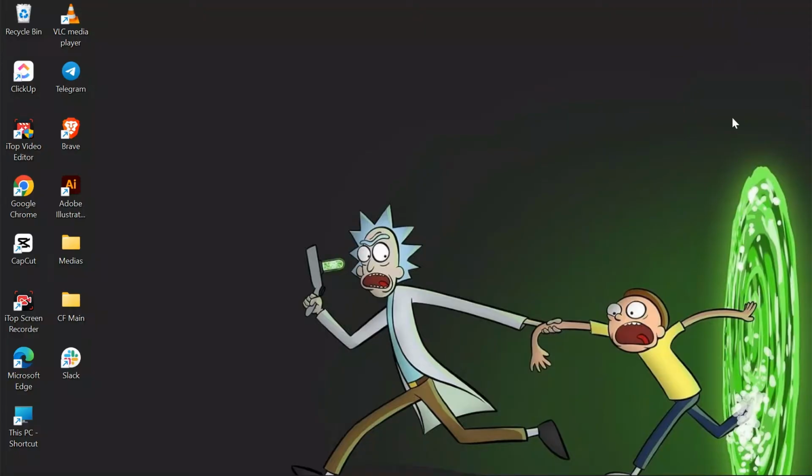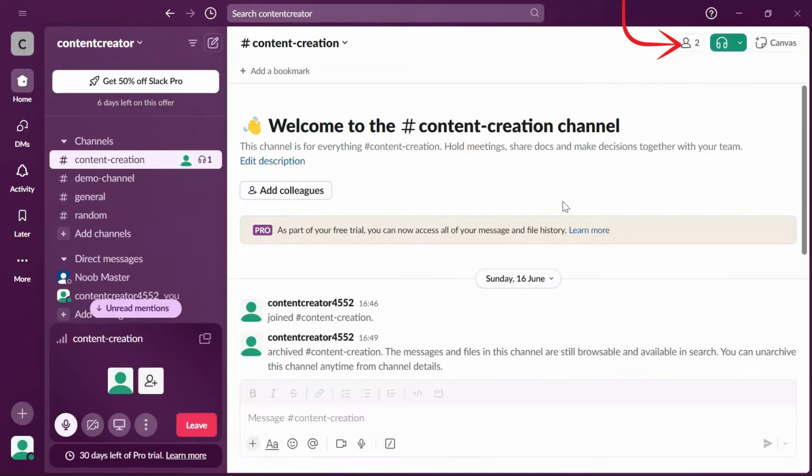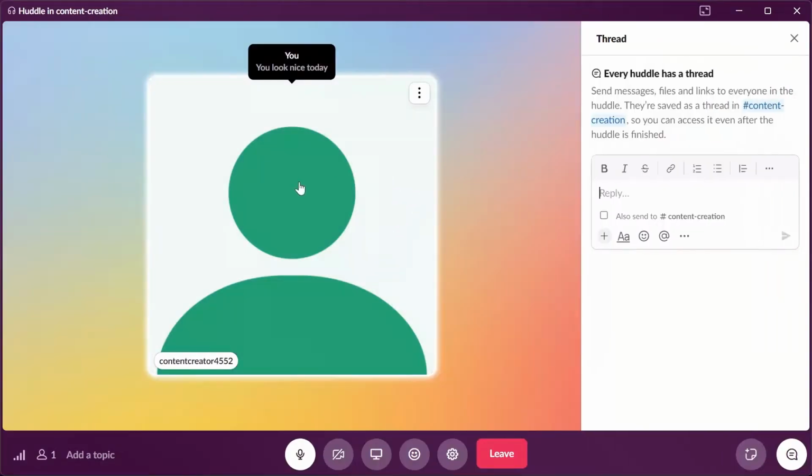Now, in order to blur your background, you just simply have to open the Slack application on your computer, and after opening the Slack application, just simply go to the huddle section, and after going into the huddle, maximize it to your full screen. Now after coming into this space, you just simply have to tap on these three dots,